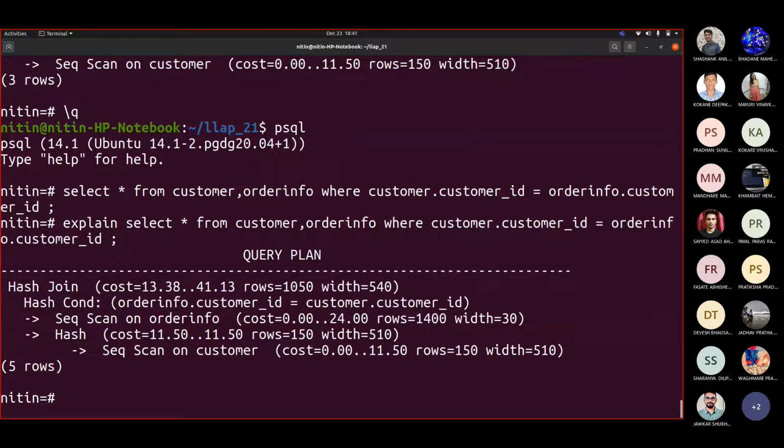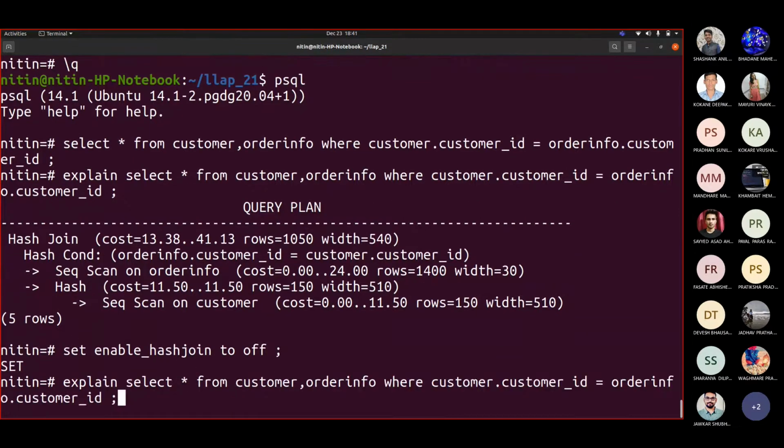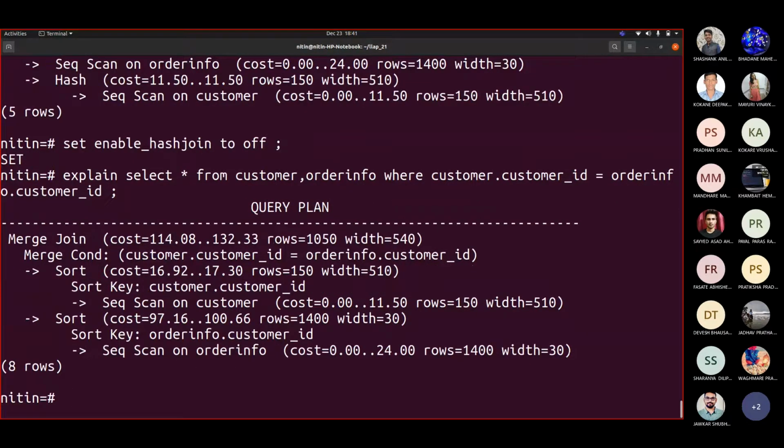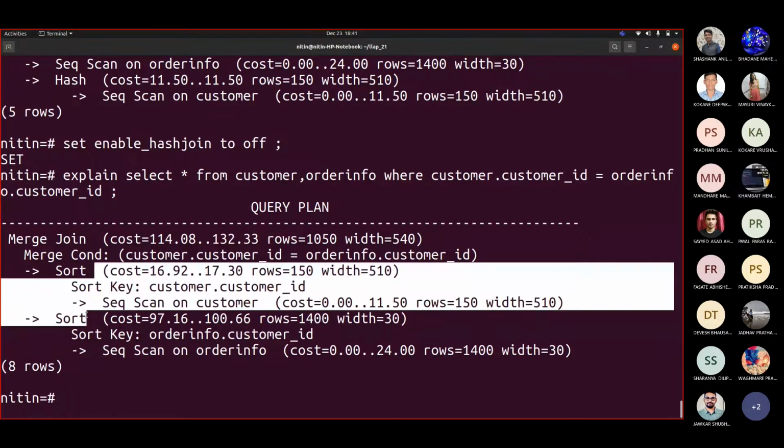So I'm getting hash. Correct. Now if I disable, then only I would be getting merge join. Now merge join most of the times takes a huge amount of time because sort is involved in both the cases. What are the tables that you have?